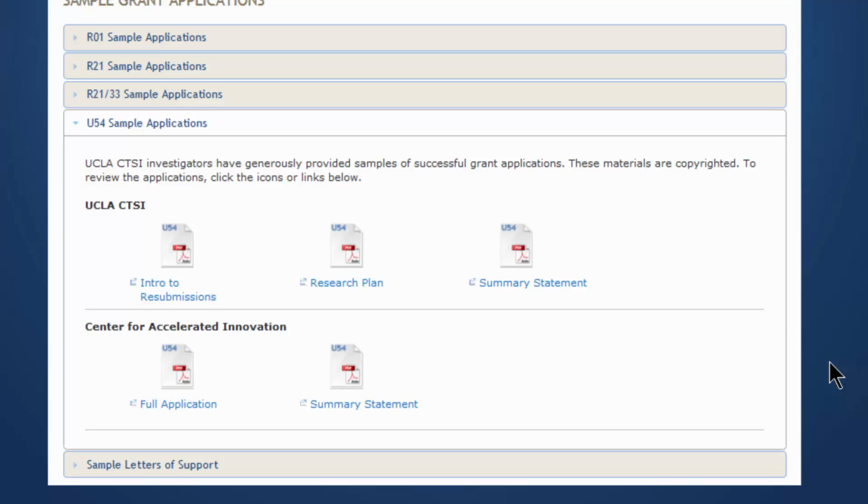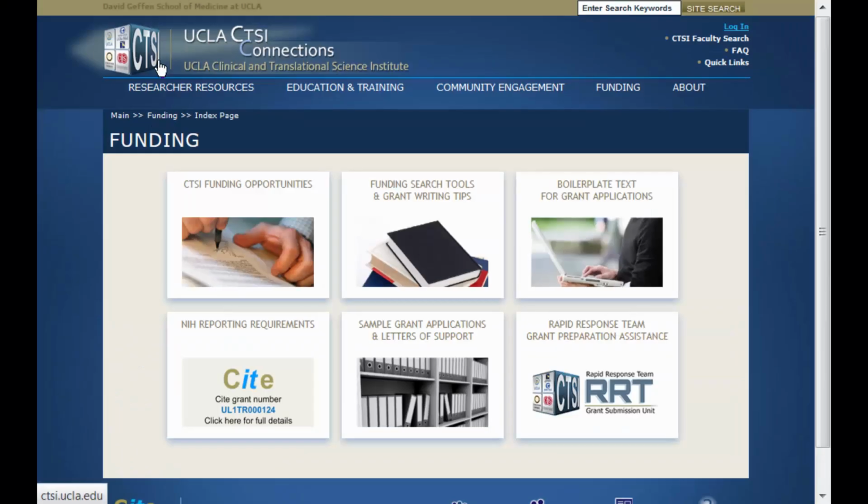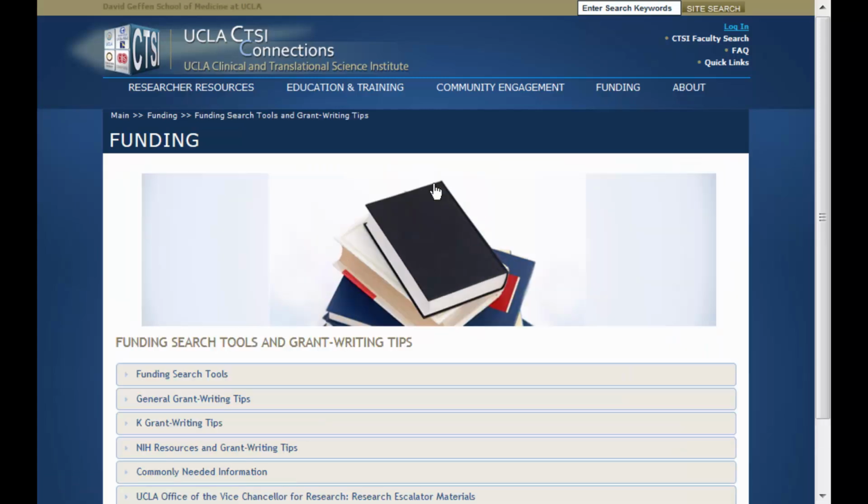And then sample letters of support. We have had people ask, what does a letter of support look like? We have letters from successful funded grants there that you can look at. So two other things I will draw attention to. These funding search tools and grant writing tips. You'll find on this page